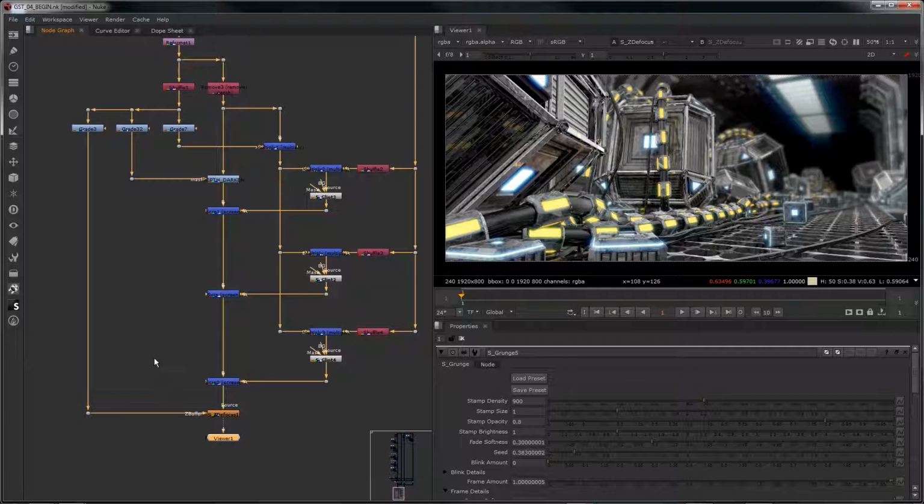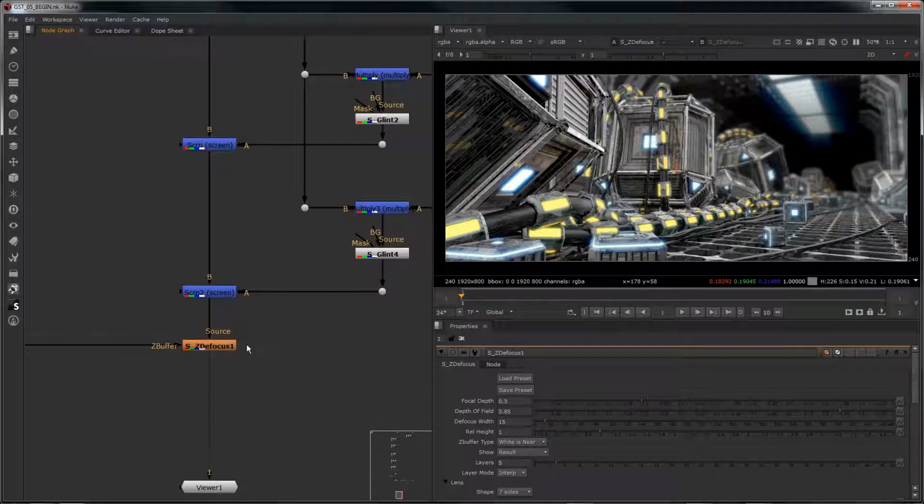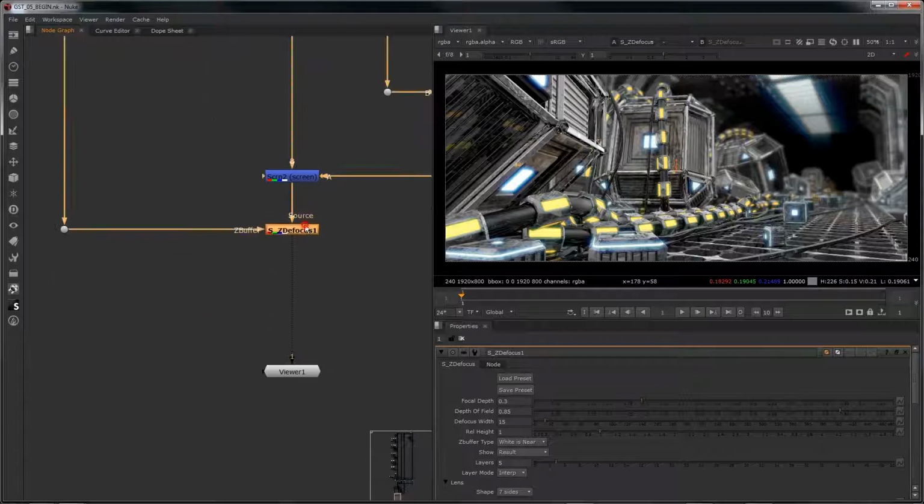And now we're going to move on to adding quite a bit more post-processing down the network here to get us a really beautiful final frame. And here we are where we left off. Our last node here is this Sapphire ZDefocus node. And now it's time to do some nice color correction and tweaking to get this to a really nice final frame. So I'm going to select my SZDefocus node. I'm going to hit tab. I'm going to type